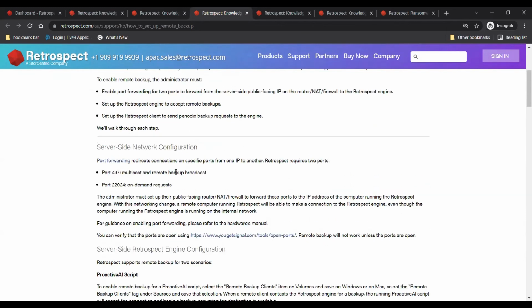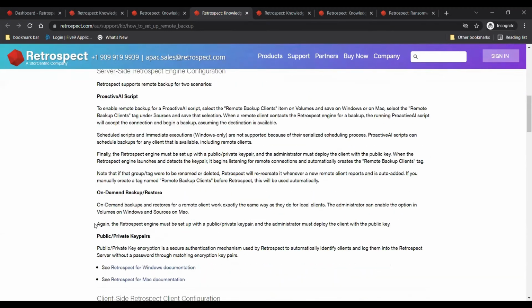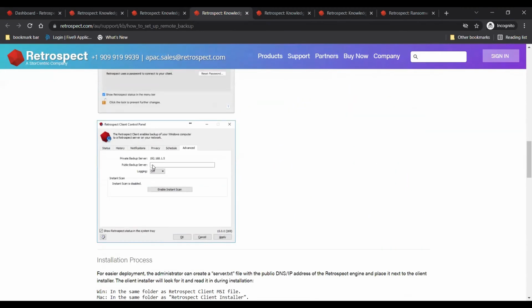And to give you an overview of what this is, on the server side network, you configure your layer 3 device that connects you to the public internet. You configure that device to do port forwarding for port 497 and port 22024 to your Retrosec backup server. And on the client side, you specify for the client a public IP address for the public backup server.